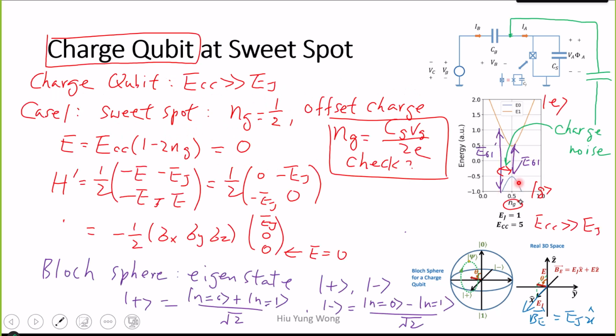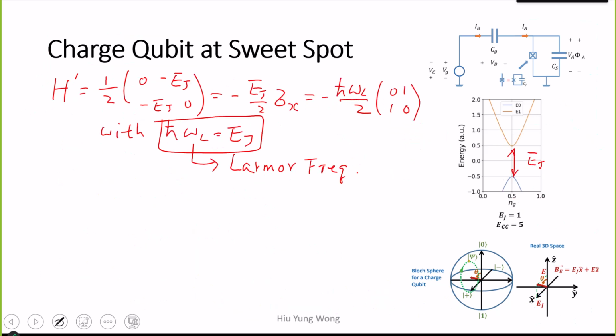What did we just say? When you operate at sweet spots, you are insensitive to charge noise. Yes. So we try to operate at Ng equal to 1/2 to be insensitive